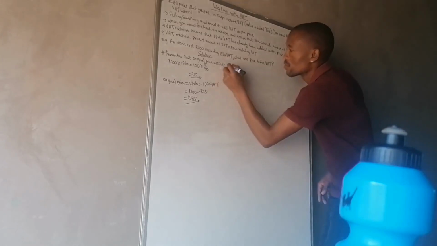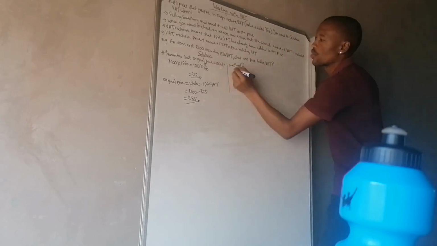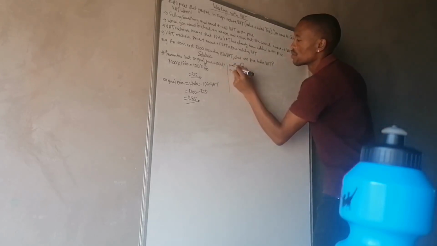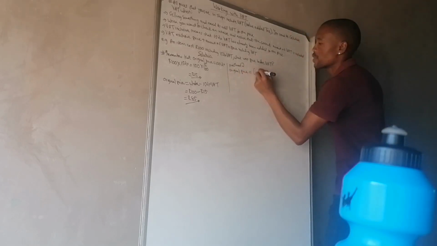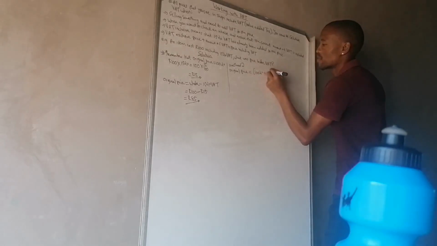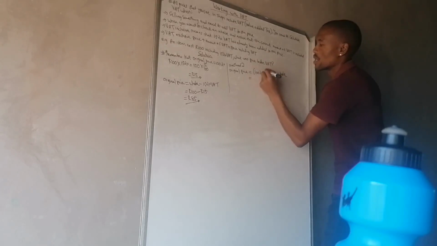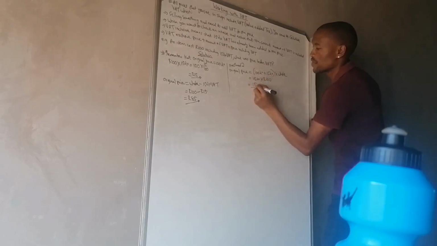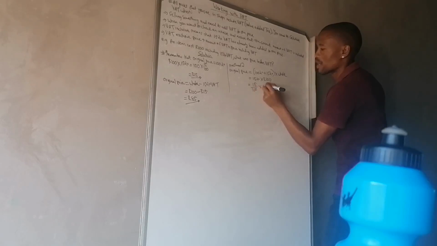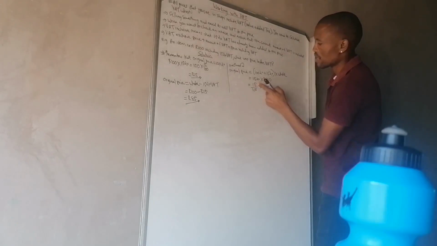Method 2: the original price is 100% plus 15%, multiplied by the whole. That is 115% multiplied by 100 rand, which is 115 over 100 multiplied by 100. What is 115 over